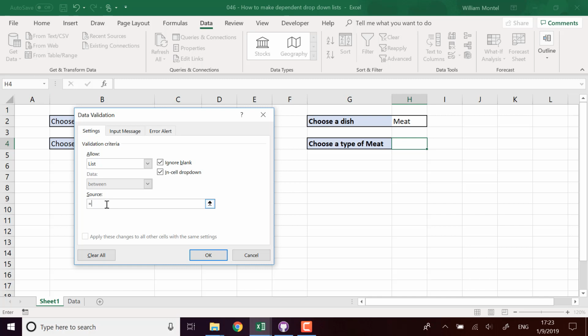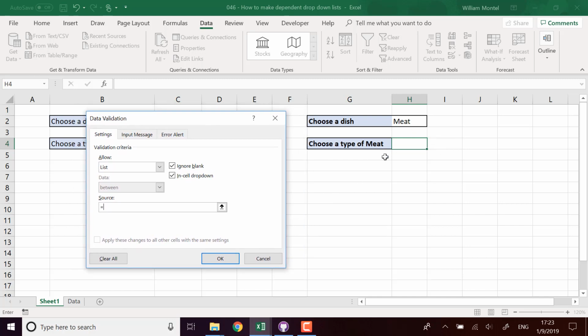And this is really cool because since we can use a formula, we can compute different values depending on different criteria, and we're going to compute a different range based on the value of this cell. So how do we make that? I'm going to use the function offset, which allows to return a different range depending on the formula. So I'm going to use offset, and I'm going to take as starters